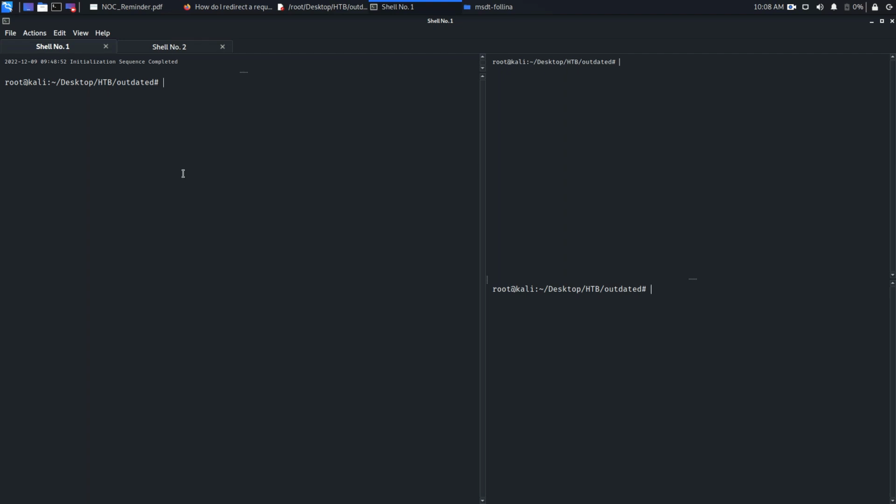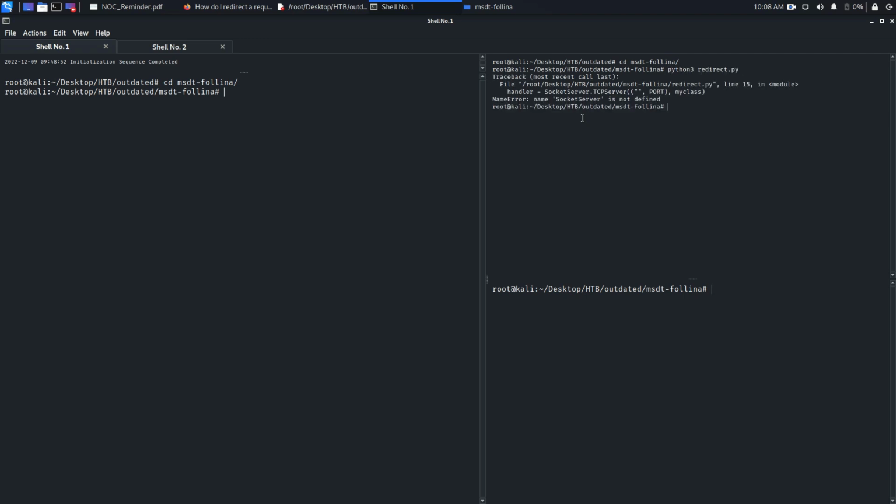Now come back on the terminal. First of all, cd msdt Follina, go to that directory. Okay, now here I'm going to start the Python server, the redirect server. So python3 redirect.py. Okay,